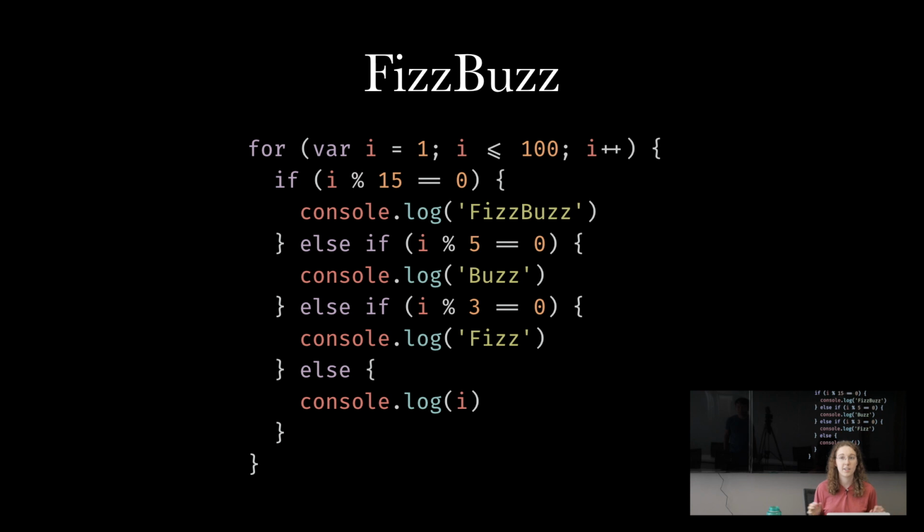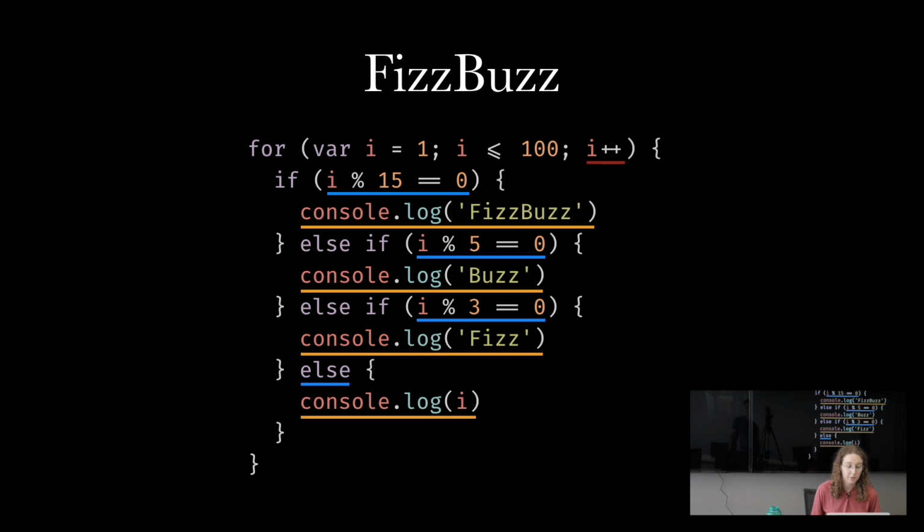This is a totally standard, reasonable implementation of Fizzbuzz. I don't really think there's anything wrong with it. But it is worth noting that it is a very imperative implementation. So what does that look like? Well, for one thing, we mutate i every time we go through the loop, right? So we're mutating variables. And we also have this mixture of our logic and our I/O, right? We have all these console logs interspersed with our program logic. And that's fine for this really simple program, that's probably a totally fine thing to have, but